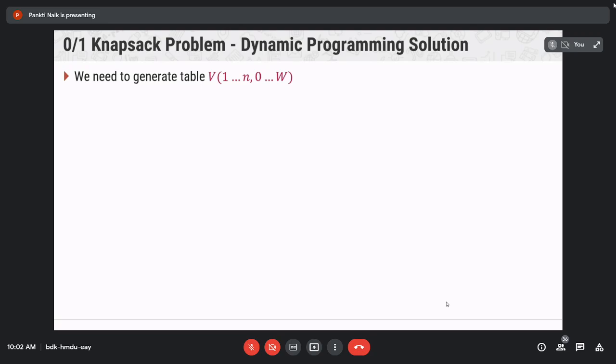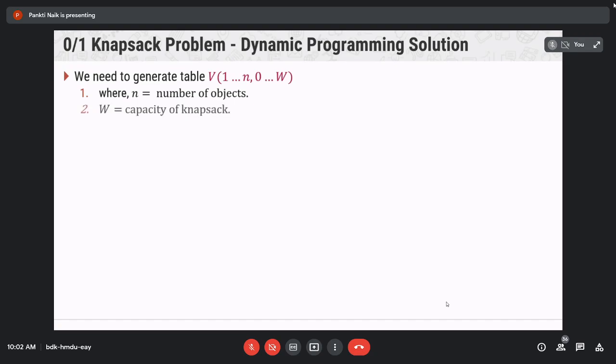So generate a table V[1..n, 0..W]. The rows of table V are 1 to n, and the columns of table V are 0 to W, where small n is the number of items and capital W is the capacity of the knapsack.